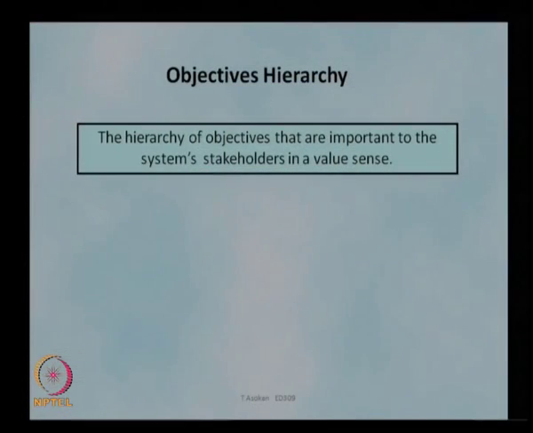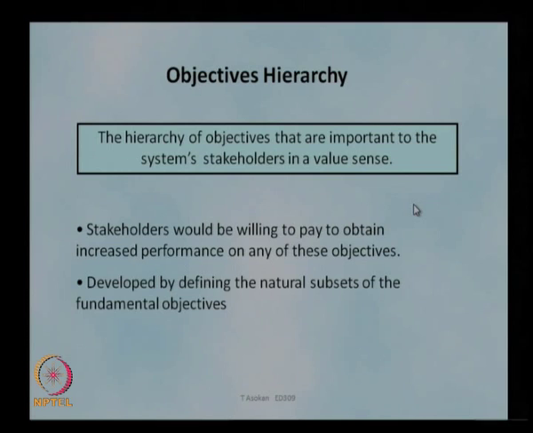So, the hierarchy of objectives that are important to the system stakeholders in a value sense are developed in the objectives hierarchy. What we do here is understand what the customer is willing to pay. Sometimes the stakeholders would be willing to pay to obtain increased performance on any of these objectives. They will say, if I can improve that particular feature, the performance or the response time, or the cost, if you can reduce the cost, I will be ready to spend more money for the development stage. If the operational cost can be reduced, even if the development cost is slightly higher, the customer will be ready